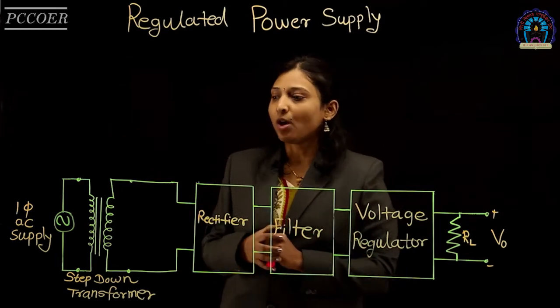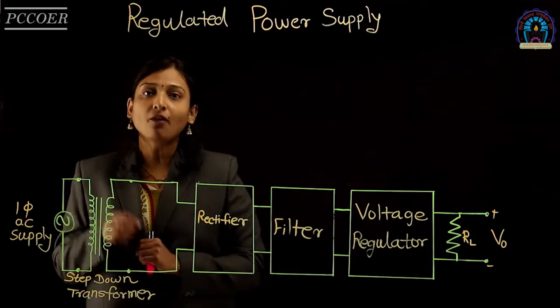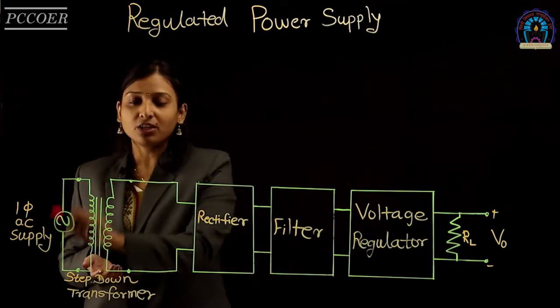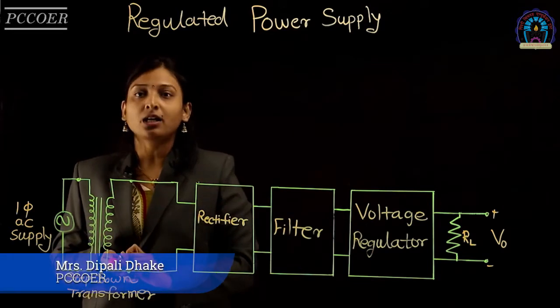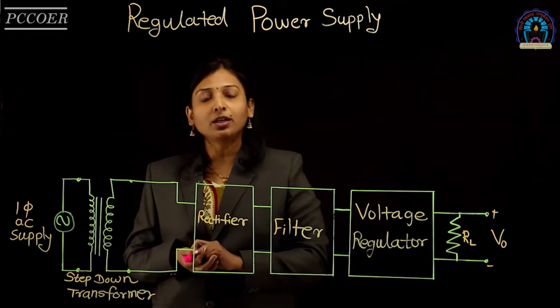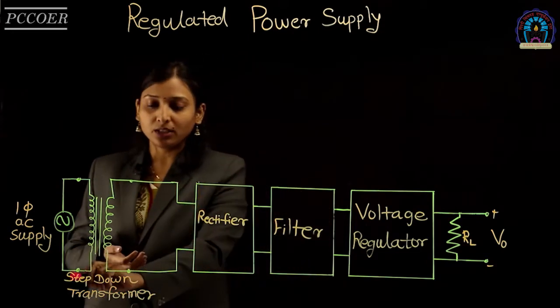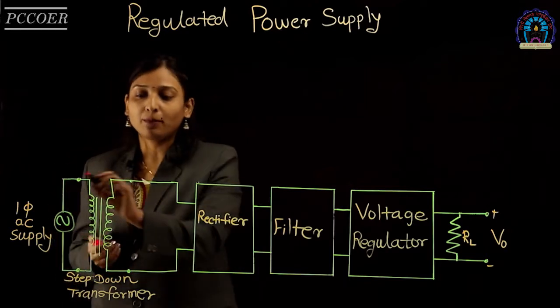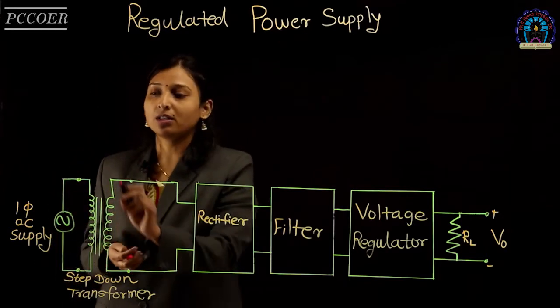For this purpose, what is our first input? Our first input is the single phase AC supply, which is given to the transformer. Transformer has two types, step up or step down. For the regulated power supply, we are using the step down transformer here. So the input or primary of the step down transformer is the